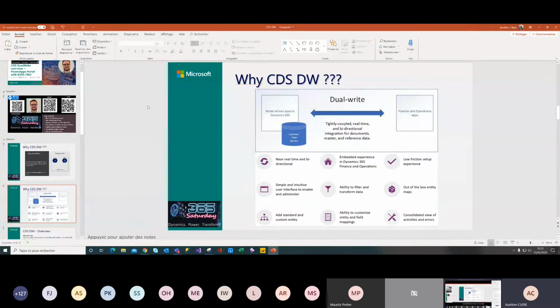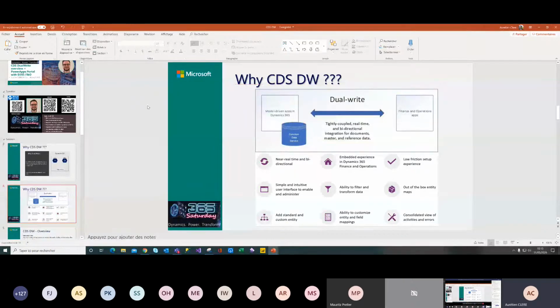If you just want to push your data from finance operations to your CDS, but not from CDS to finance operations, maybe for certain processes or needs, you can.